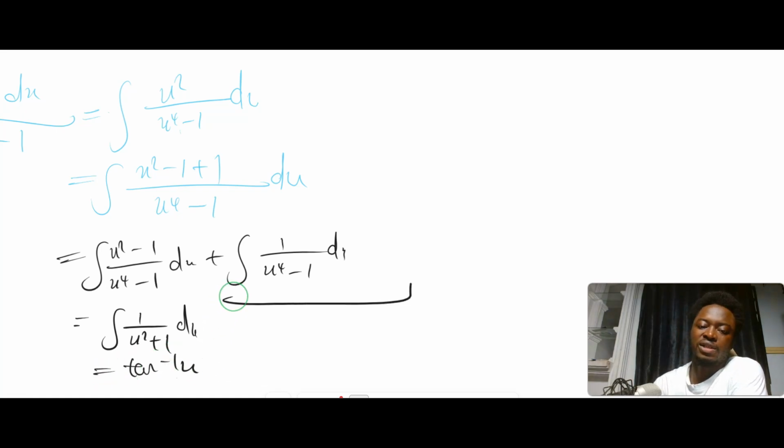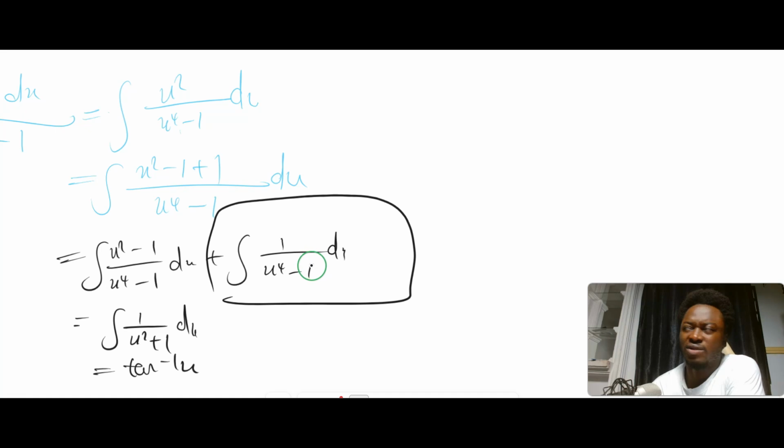So we're going to do this part here, 1 over u to the 4 minus 1. Partial fractions can do that for us. Let's see, this again would still be a pain. I don't think there's any merit to this approach. So let me see, what if you